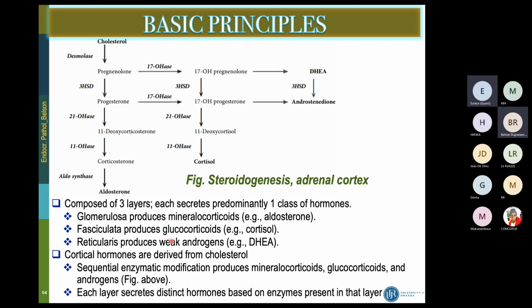So cortical hormones, also in the adrenal cortex, are derived from cholesterol. Sequential enzymatic modification produces either mineralocorticoids or glucocorticoids or the androgens. So all of these are coming from the same source. If you see on this figure, you see cholesterol,